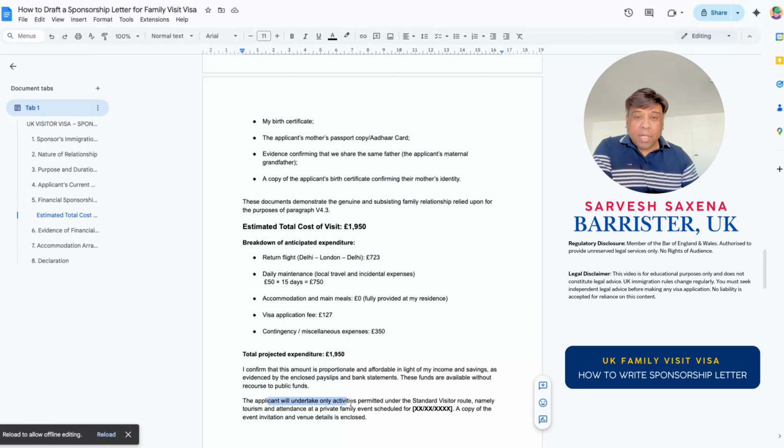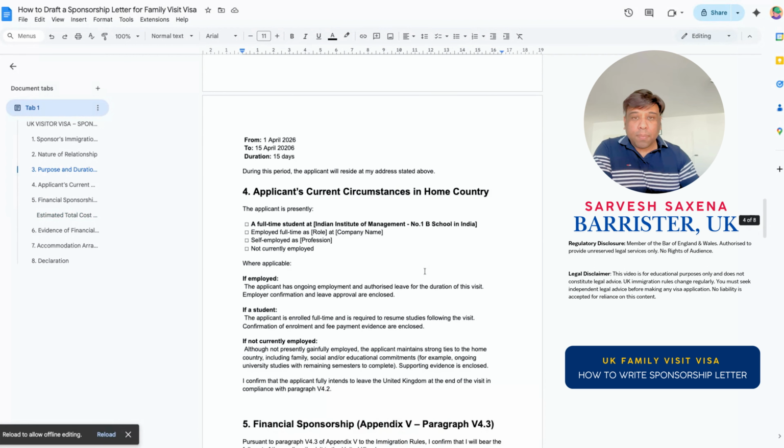The applicant will undertake only activities permitted under the standard visitor route, namely tourism and attendance to a private family event scheduled on so and so. Now, let me pause here. This is a specific term. The applicant will undertake only permitted activities. So, let me go to the top